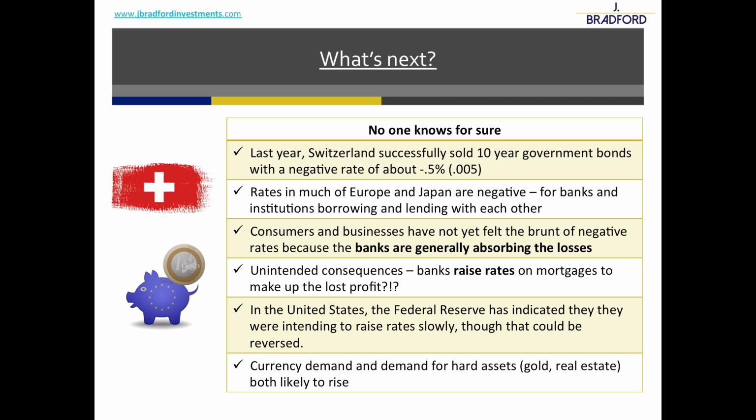With gold and real estate and other investments, you obviously don't know what the value of those are going to be over time, but they are believed to be assets that, in times of panic or uncertain currency, the demand for tends to rise. Again, will that happen here? We don't know. That's part of the speculation, and part of the debate that's happening, and we may very well find out as countries across Europe and Japan experiment with rates going even farther into negative territory.